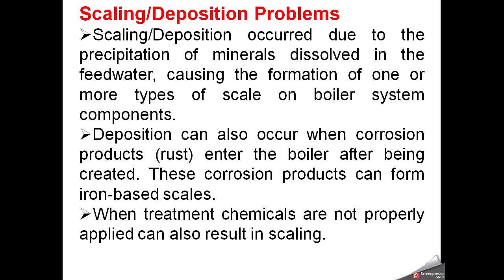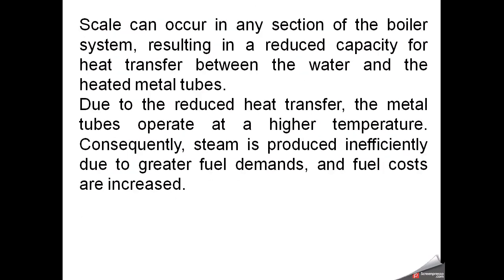Normally in some boilers, for example, they use phosphate compounds. If that is not applied in the proper way, or the concentration of phosphate increases, this leads to the settlement or precipitation of calcium or magnesium phosphates on the surfaces of the pipes and other places in the boiler. So scale can occur in any part, any section of the boiler, and the result of this precipitation or deposition is